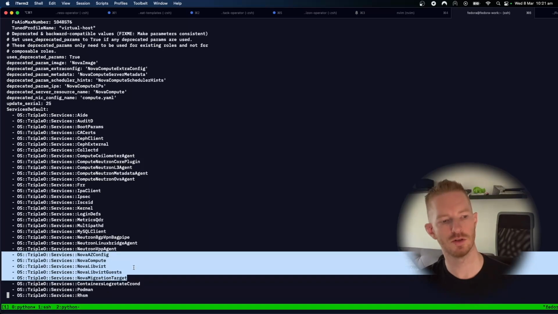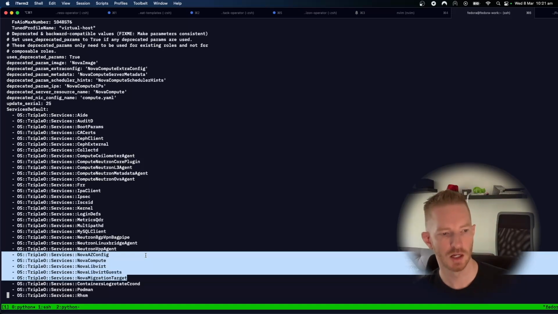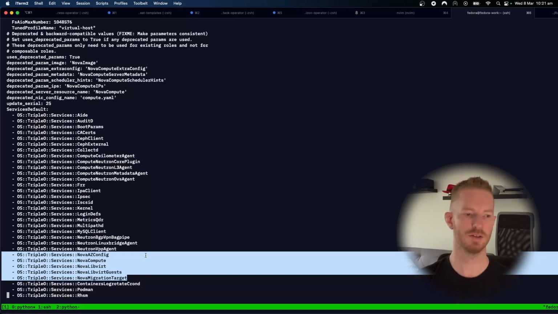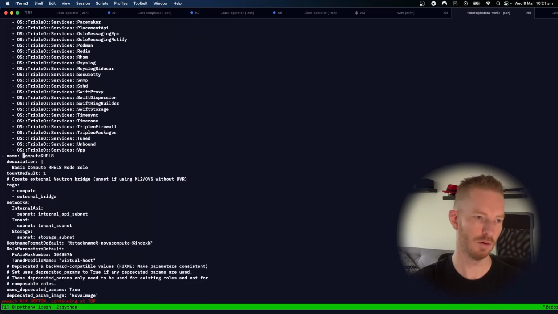So we need to use Nova libvirt legacy when we deploy to RHEL 8 because we broke things up and made them modular in Wallaby and OSP 17.1. So we need to make sure we use the old format with RHEL 8 because that's not supported on RHEL 8 nodes. So if we take a look at our compute RHEL 8 role,